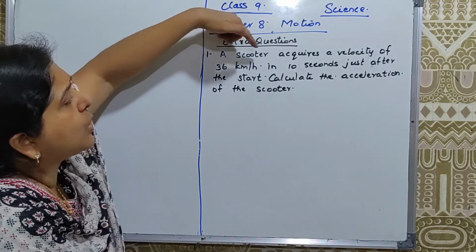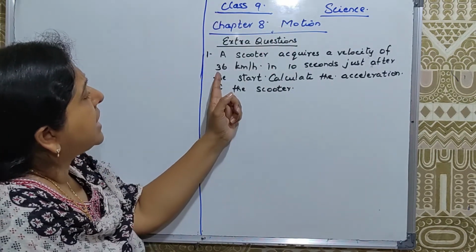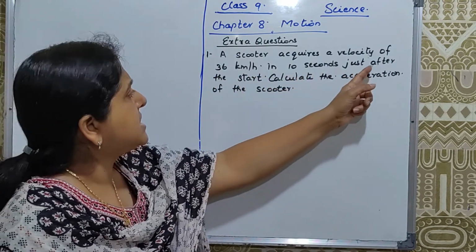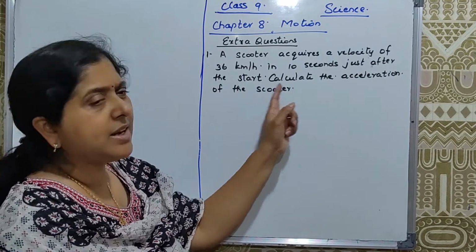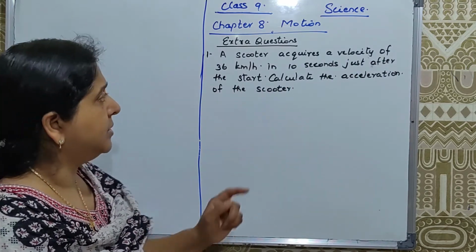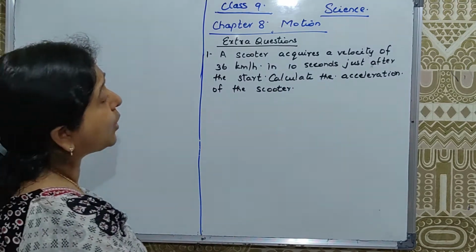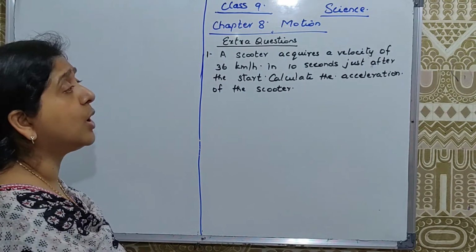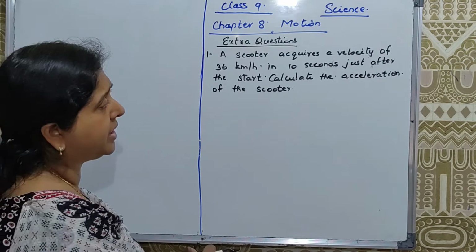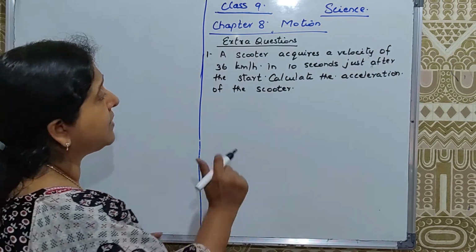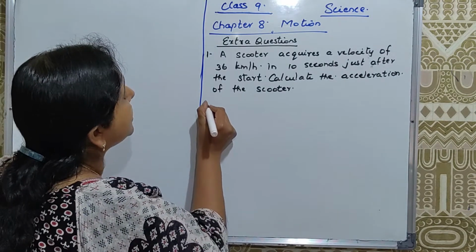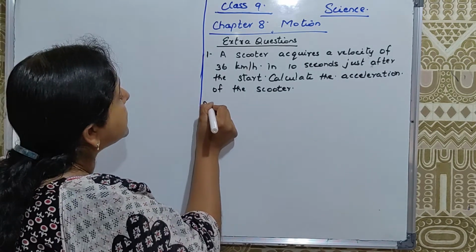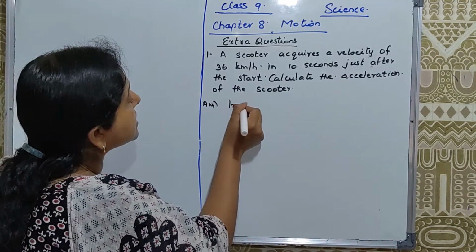A scooter acquires a velocity of 36 km per hour in 10 seconds just after the start. Calculate the acceleration of the scooter. So it is acquiring a velocity. Before acquiring the velocity, what was its speed? We'll assume that its initial velocity u equal to 0. Initial velocity is denoted by alphabet u. So answer will be initial velocity